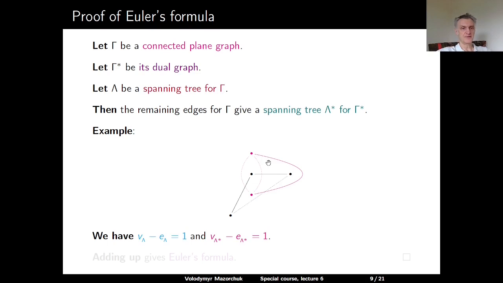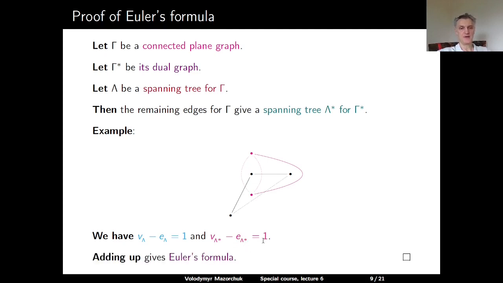Now for the original graph gamma, we have that the number of vertices in gamma, this is the same as the number of vertices in the spanning tree lambda, minus the number of edges in lambda is equal to 1, because this is true for any tree. And similarly, for the spanning tree lambda star of gamma star, the number of vertices in lambda star, that's the same thing as the number of vertices in gamma star, minus the number of edges in lambda star is equal